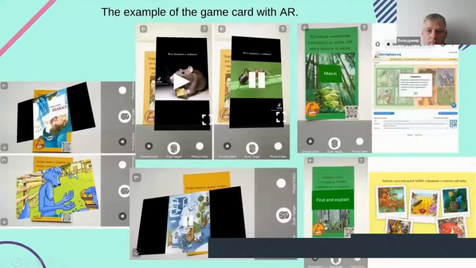Here are some examples of the game cards with AR, which involved students in tracing interdisciplinary links with foreign language and literature: to watch a video in TikTok about the fairy tale "The Egg" and determine which of the animals depicted there wasn't the hero of this tale; to watch the video and find a logical connection between the citation material and find a superfluous image among the illustrations and explain their choice; to recognize the illustration to the fairy tale and to match it with a quote from the